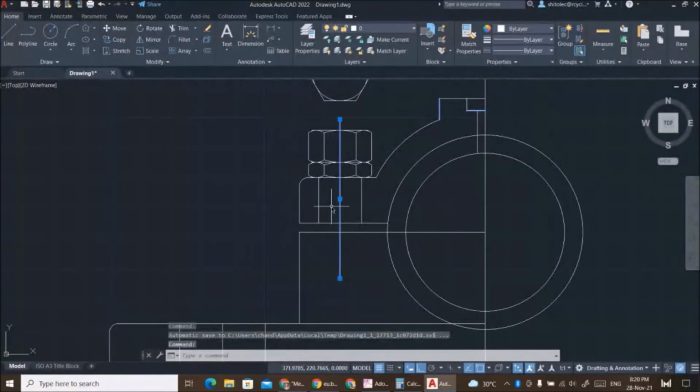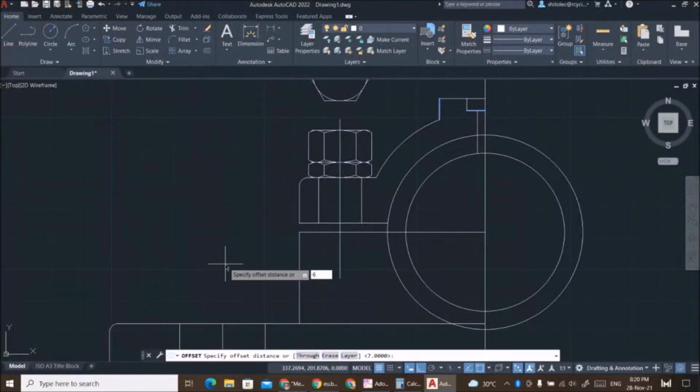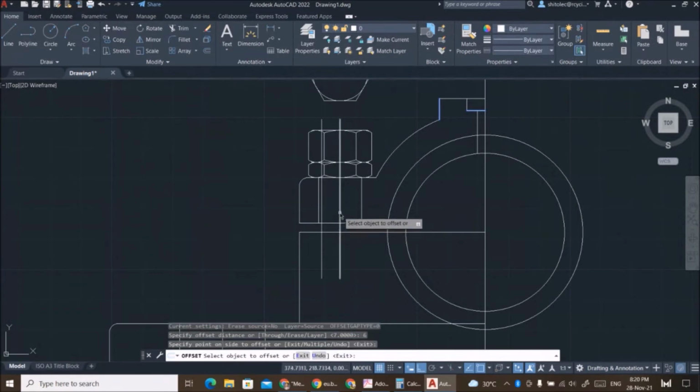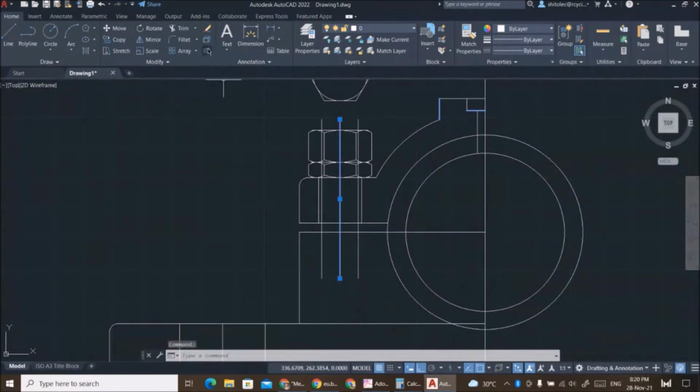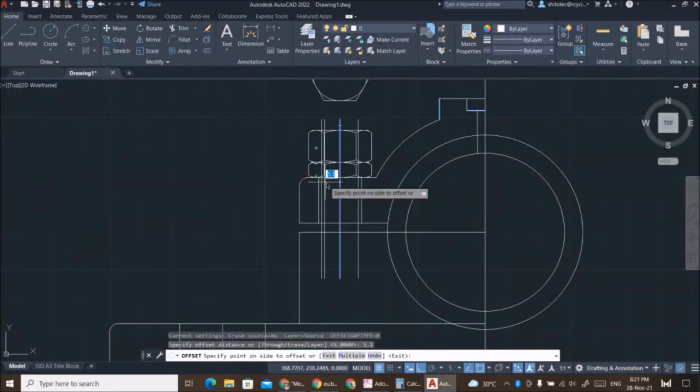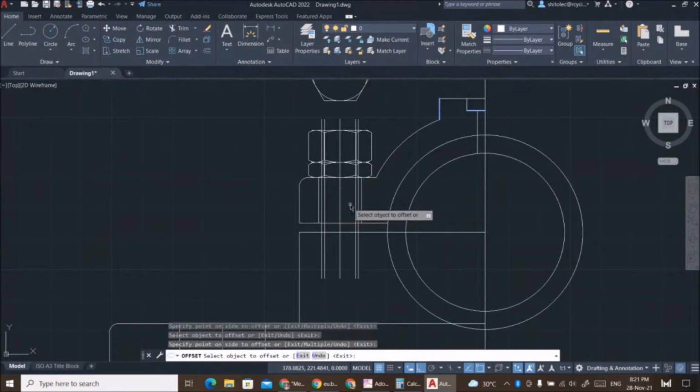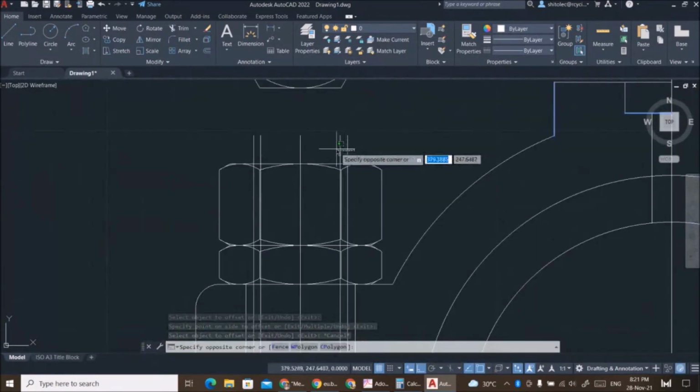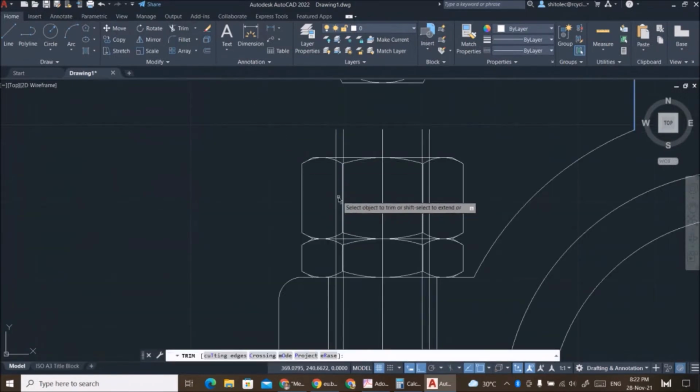Now we'll offset this in 6, this side and this side. This line 5.1 for internal thread and here. So these two lines are thread representation which will not show in the nut. Okay, so I trim